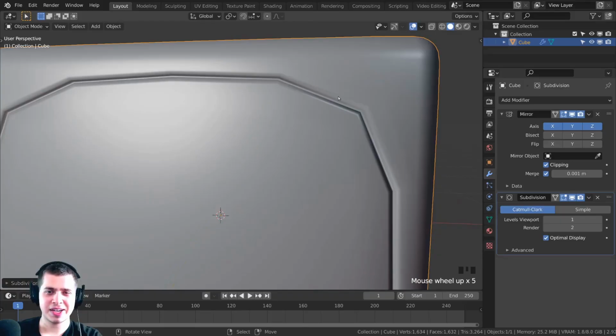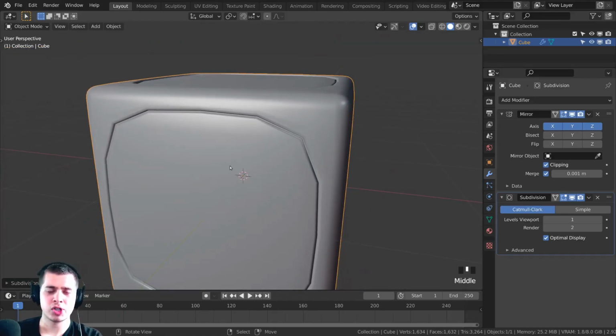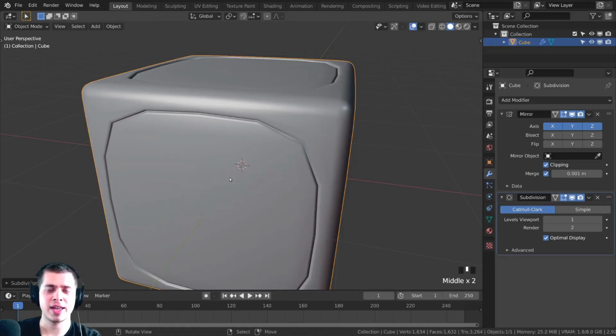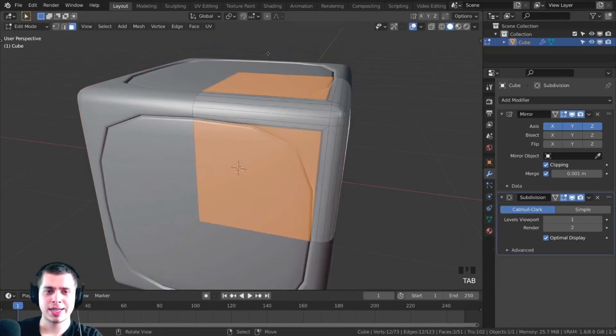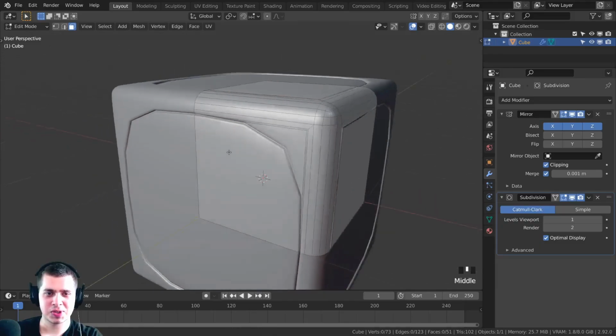Now you can see that because it's being smoothed out, because we have that subsurf modifier, this right here is kind of coming down really weird, and that's not really the shape of the Rubik's Cube, so I want to add some loop cuts to define the shapes better. So I'm going to tab into edit mode, and I want to add some loop cuts right here and here